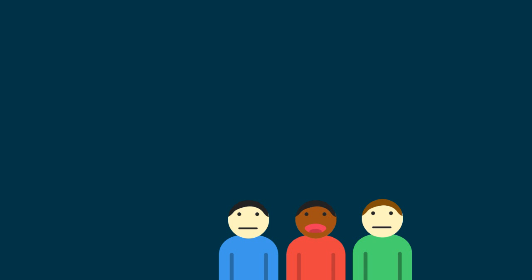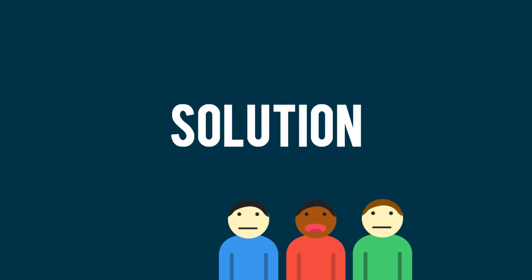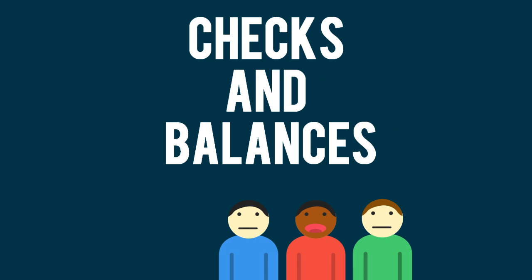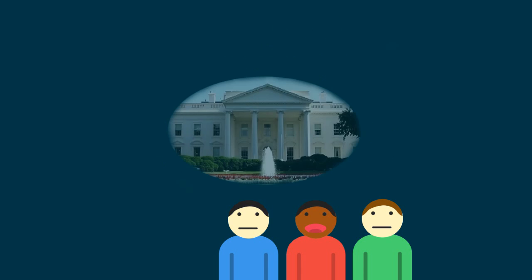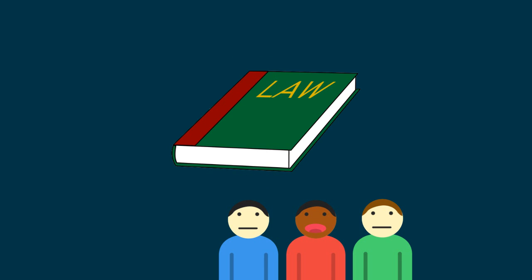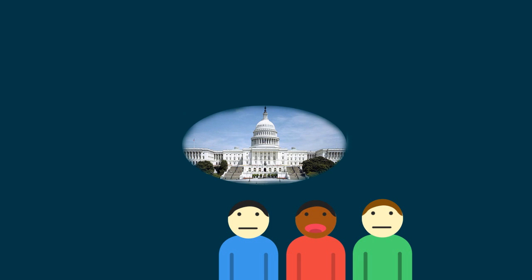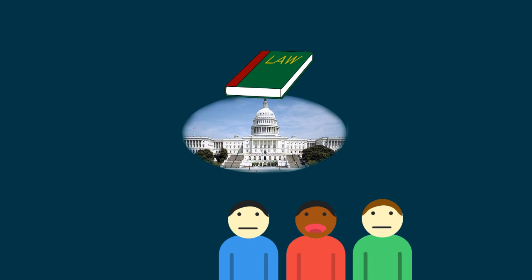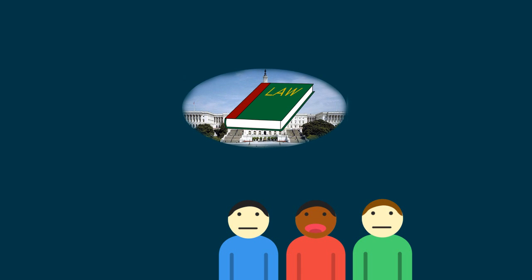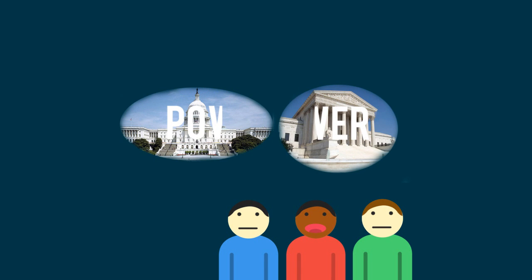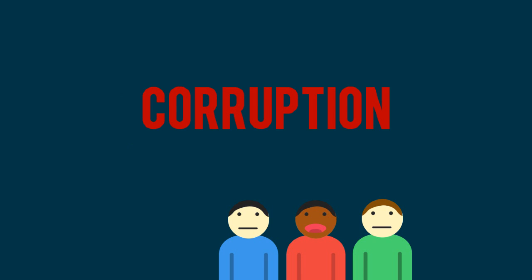Well, James Madison came up with a solution that included adding more branches into the government to introduce a system of checks and balances. He wanted to add a judicial branch. This branch makes sure that the laws passed by the legislative branch would be just. The reason that it's not a good idea for the legislative branch to judge the law is because they would make the laws favor them and their interests. With the power divided between the two branches of government, faction power would be reduced and corruption would be limited.